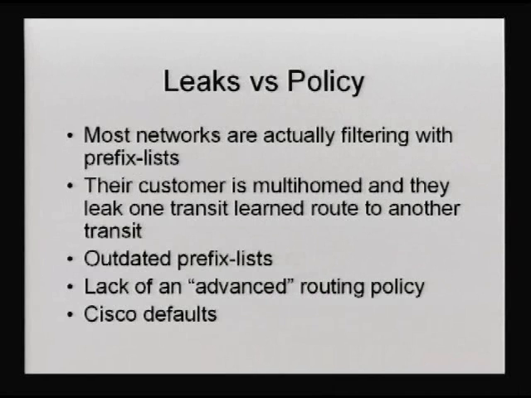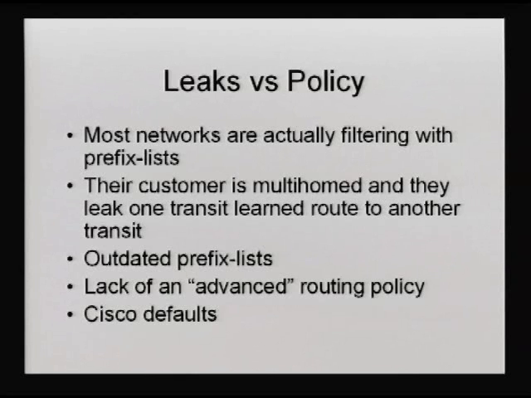So the reason for a lot of these leaks isn't that people aren't filtering. In most cases, they're actually filtering their customers with the prefix list. But what happens is, it's some small regional network that has a downstream customer, but they've got 2 or 3 upstreams, and their downstream customer disconnects from them, either temporarily because that circuit goes down or something, and they end up learning the routes via one of their transit connections. From that, they'll propagate the route because it matches their prefix list outbound to one of their other transit connections.